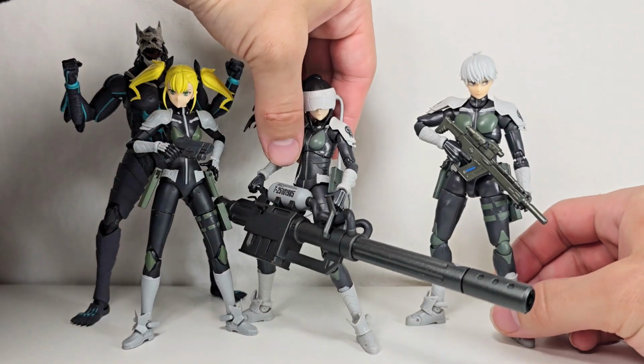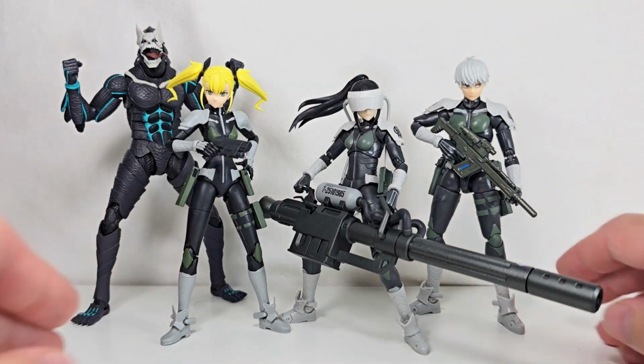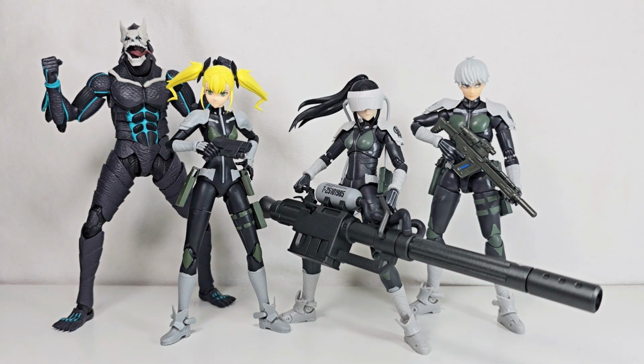This is one of the coolest lines that Bandai has put out in so long. I'm in love. I actually love these, man. I can't even say it loud enough. I absolutely love these. Now, before we jump into the final thoughts here, which I'm sure you can guess,